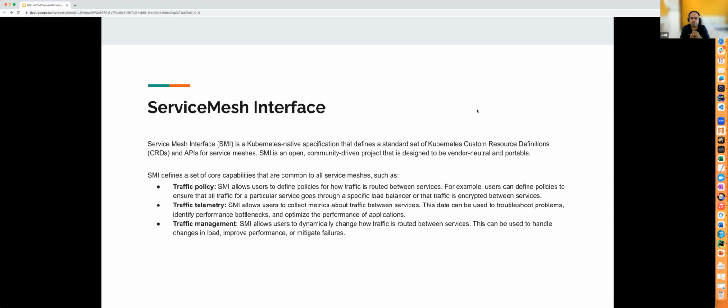Just a simple configuration change will be enough, because all of these service mesh frameworks adhere to the standards defined by SMI. With that, we resolve a lot of issues of moving from one service mesh to another, and also standardize how we configure.